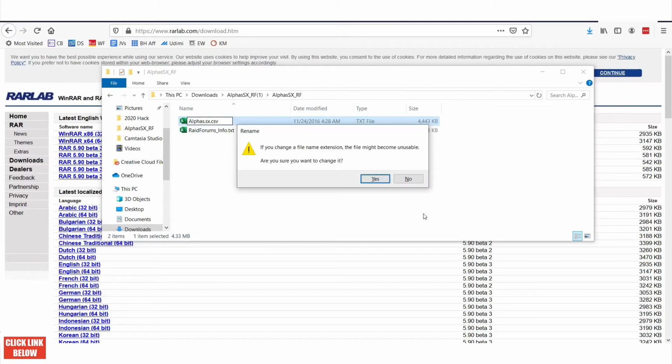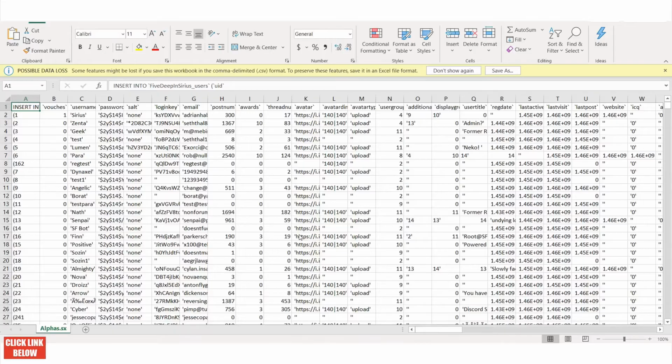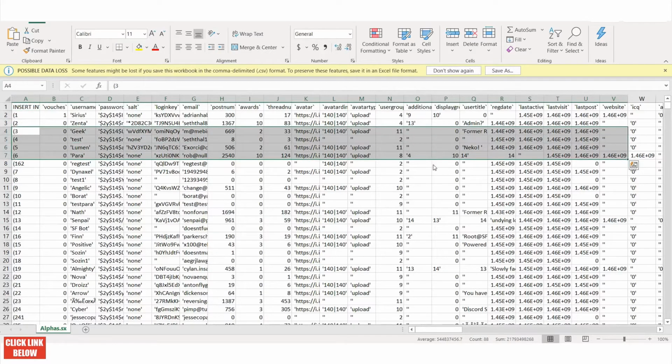It will say if you change the file name extension, it may become unstable. You want to change it, and we will click yes. Now we're going to open it in Excel or whatever your favorite file program is. Okay, now here we are inside of the file, and what you'll notice is there's a lot of messy data,